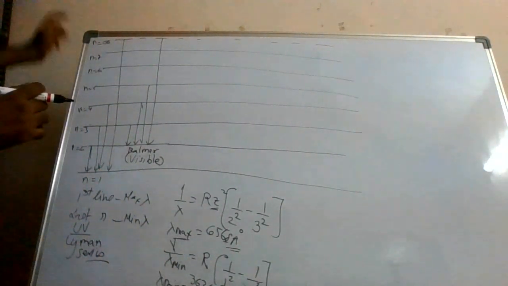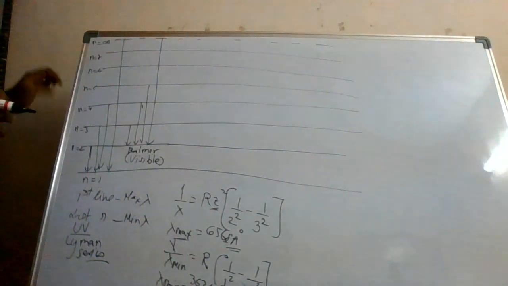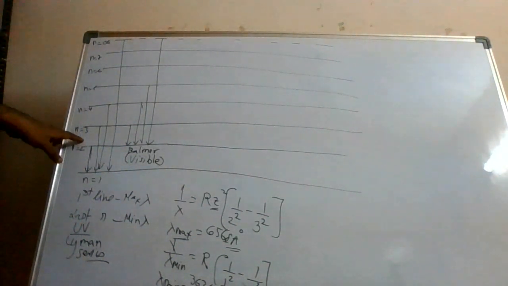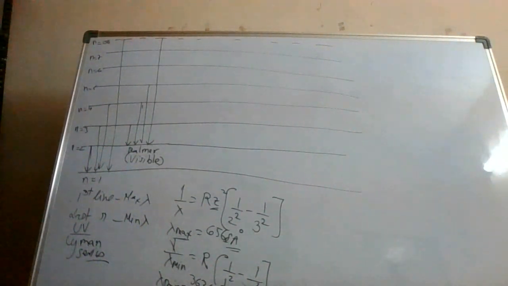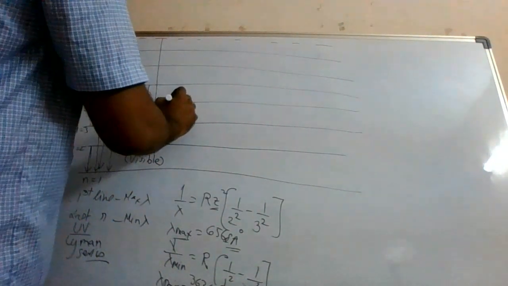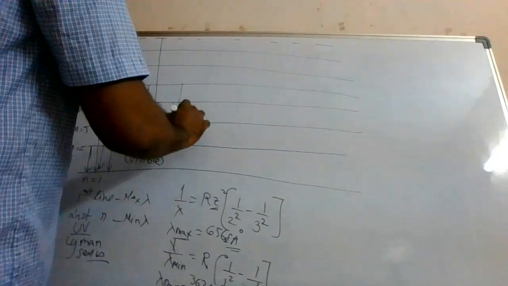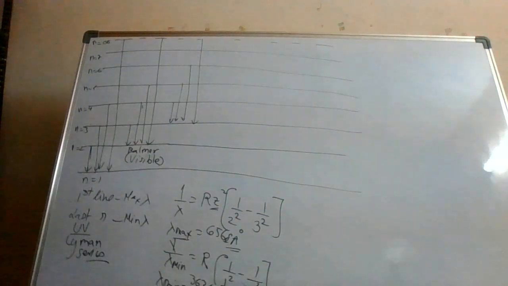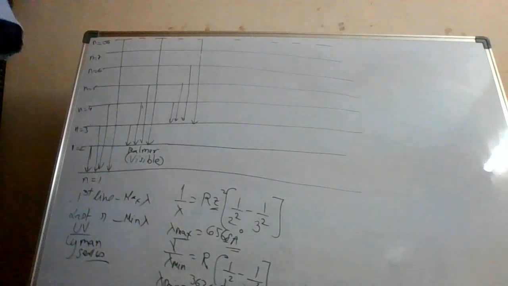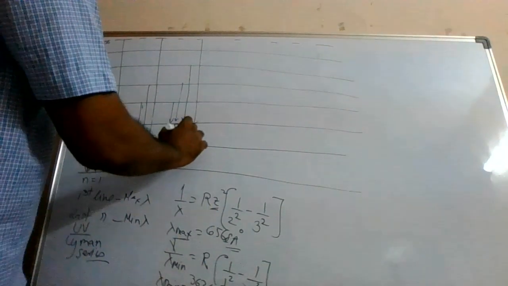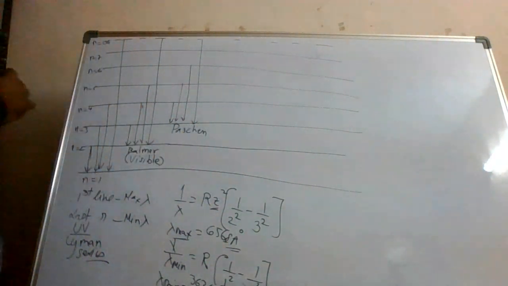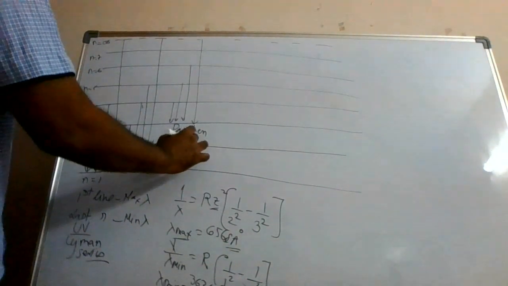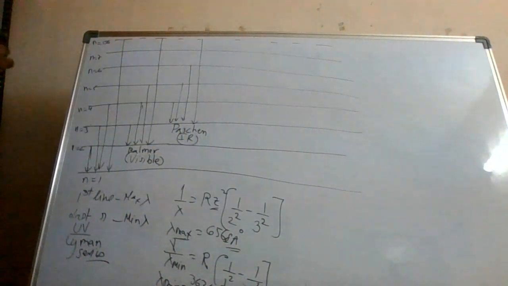All these are like apartment stories. n is equal to 1, 2, 3, 4 like that. From the 4th floor, someone coming to the 3rd floor. From the 5th floor, someone coming to the 3rd floor. There is a possibility. Alright? So from 4th to 3rd, 5th to 3rd, 6th to 3rd, and so on, infinity to 3rd. So this is also a specific series, and it is called the Paschen series. From here onwards, your IR region, the infrared region, starts.